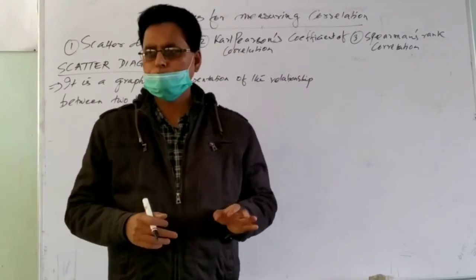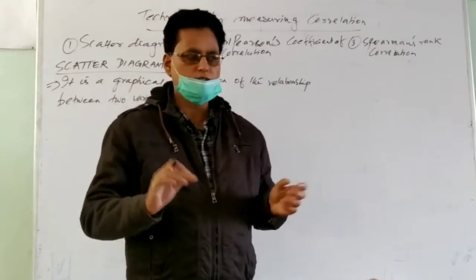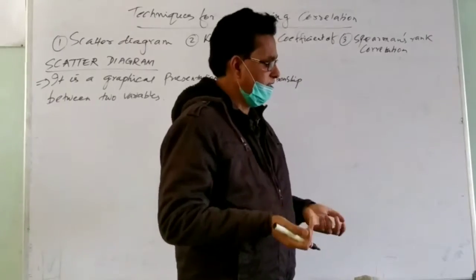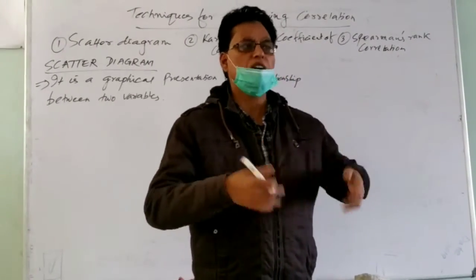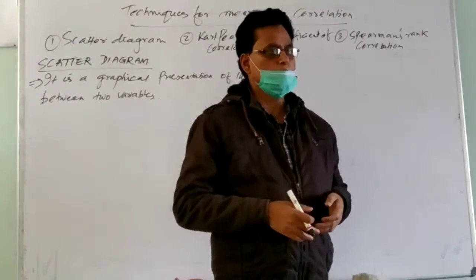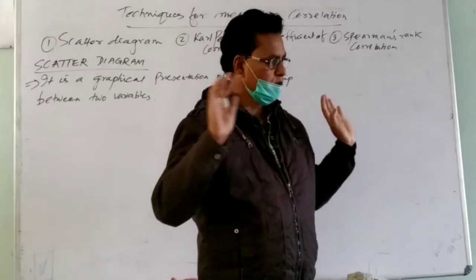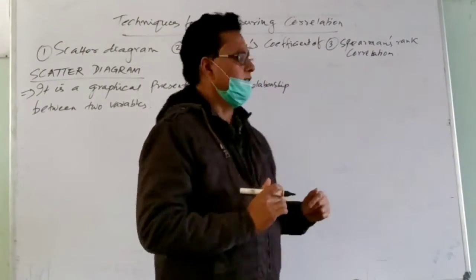We'll see the different points, different dots. Points means different dots can be plotted on a graph paper. We'll plot the different dots, and if we find that both the variables move positively, then we can say it is positive correlation. Let us see here also.